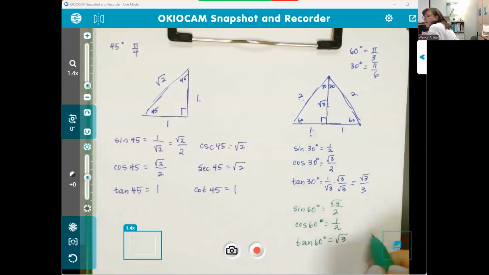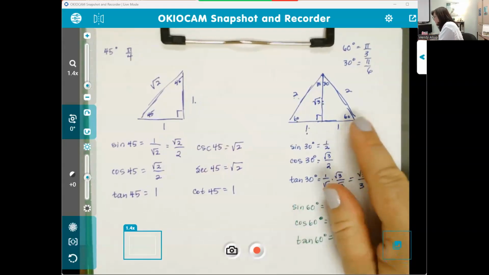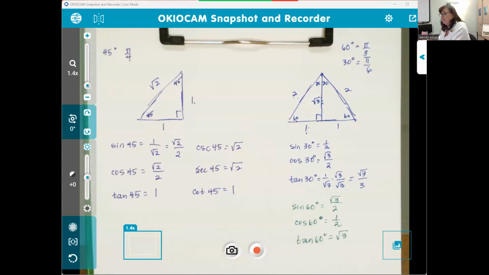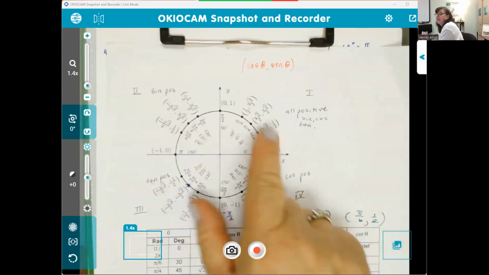How do you find the other 3? You reciprocate them. Reciprocalize. I just made up that word. All right, so that's just a quick review of how we can get the values. And then remember, these are just flipped around when we go around the unit circle. Okay, and so hopefully you're feeling fairly comfortable on how to get your unit circle from blank to filled in,